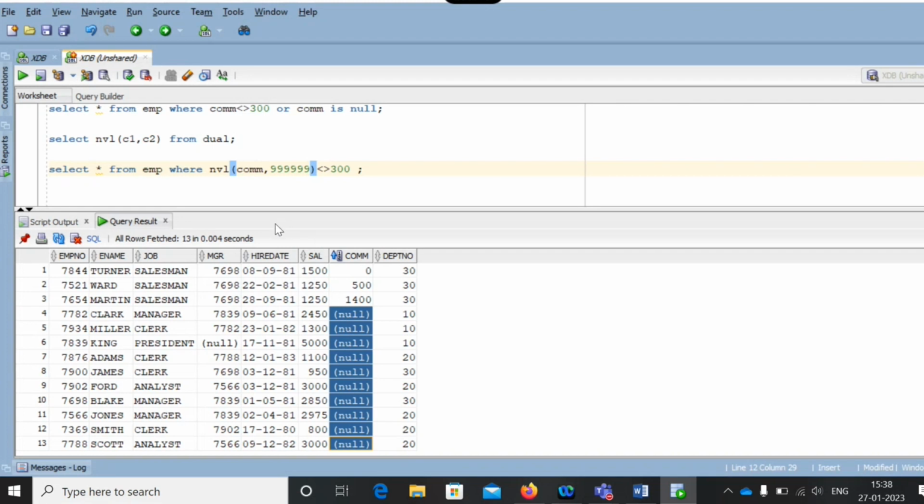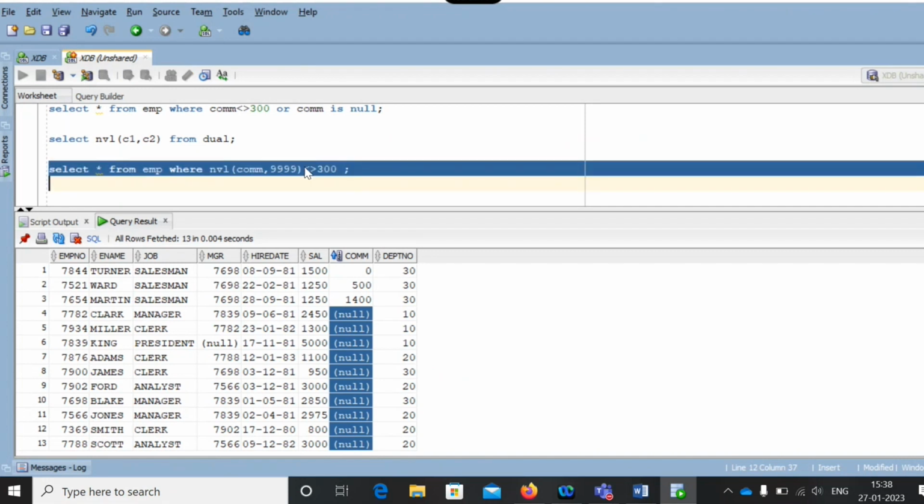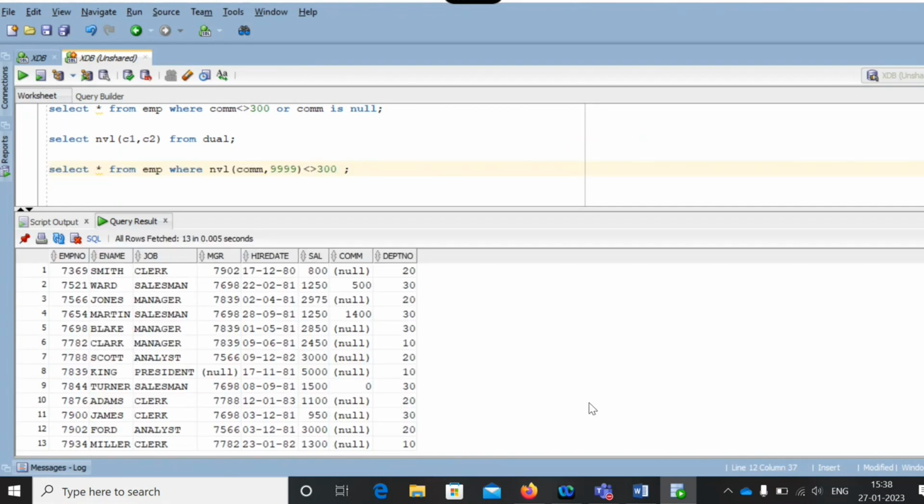It is not comparing null is not equal to 300. Thus, you converted the values here, in this form. Okay, this is the advantage where we are working with null values. You need to keep in mind while using the where clause. You need to use these functions.